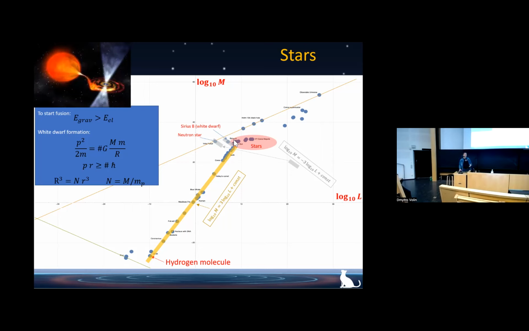And what happens next, we have to compare the kinetic energy of electrons again, but this time not against Coulomb energy, but against the potential energy associated with gravity. In this case, we have the gravitational constant times the mass of the star times the mass of a single electron. Here you have to be slightly more clever again, because you need to relate the size occupied by one electron, which is small r, to the size occupied by the whole star, which is capital R. And their volumes are proportional to the number of atoms inside the star. And the number of atoms is the mass of the star divided by the mass of a proton, because all the mass is associated with the proton, or neutron, which is roughly the same thing. So if you do your computation,